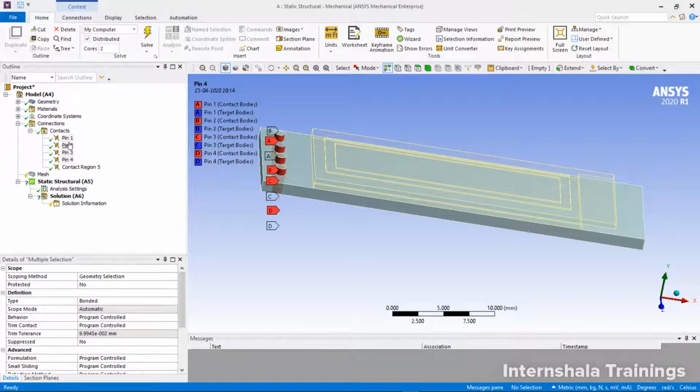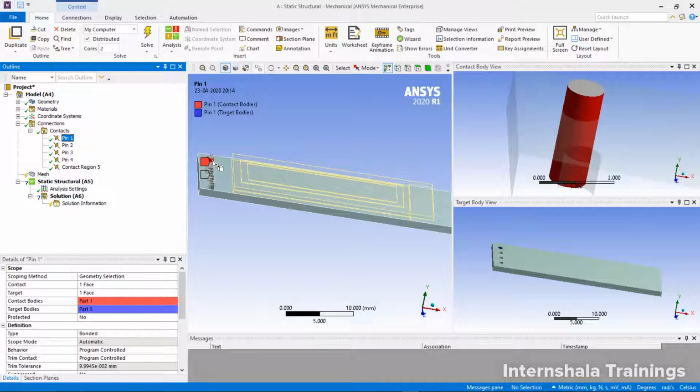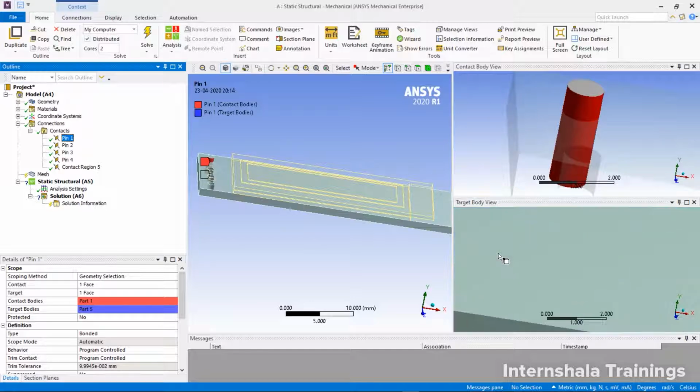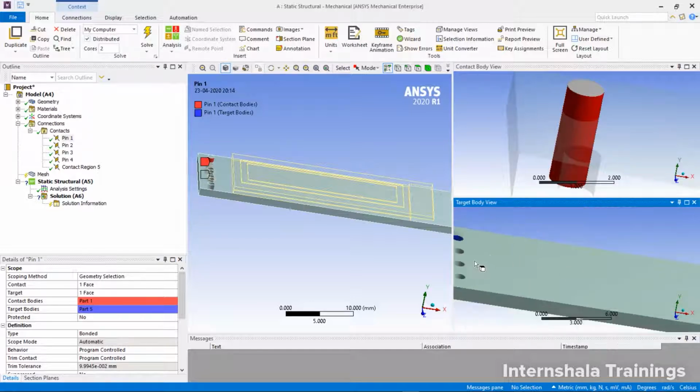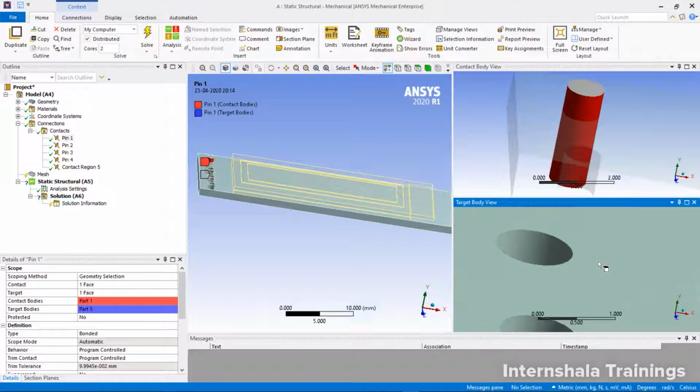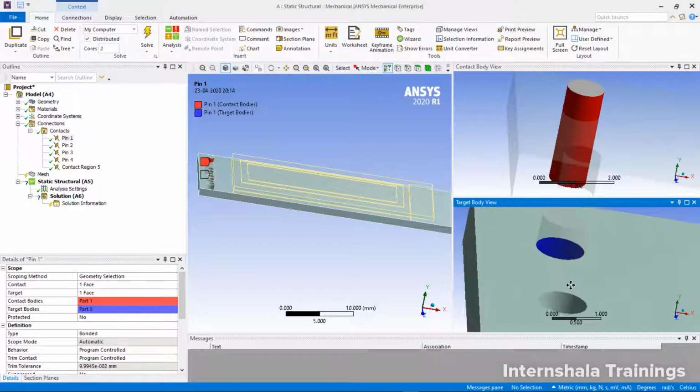And even if you select it here, it is highlighting here where is the contact surface and where is the target surface. And if you are able to observe, it is denoting contact body, as I previously told you, with red color, and target surface with blue color. That is for our visual representation and easily identifying what is the target and contact surfaces.